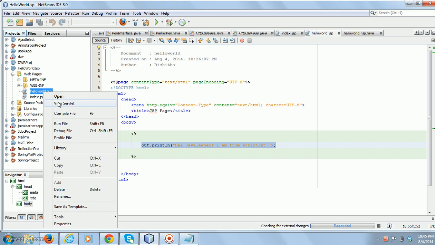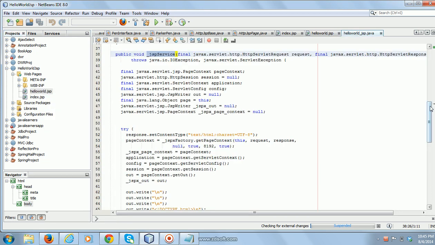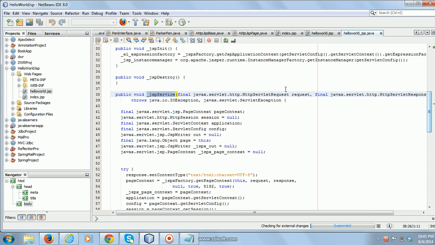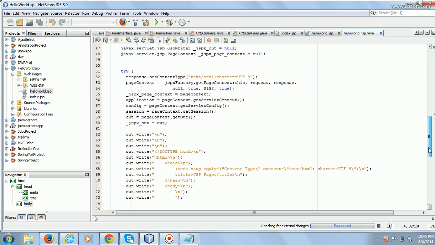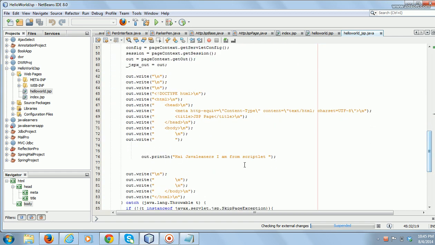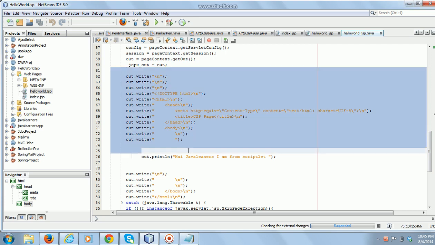If you see view servlet, this method declared a reference, an object of type JSP writer. Where you wrote the content, can you see? Hi Java learners, I am from Scriptlet. That JSP page content came here.